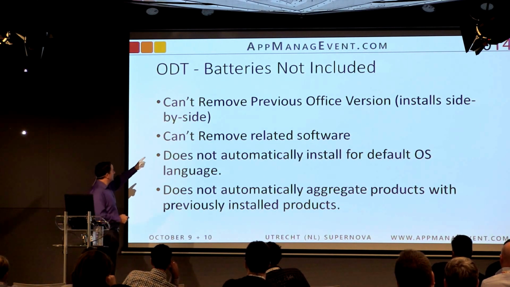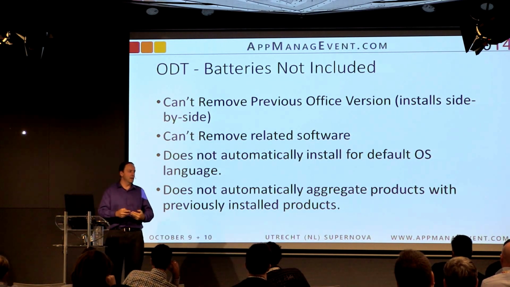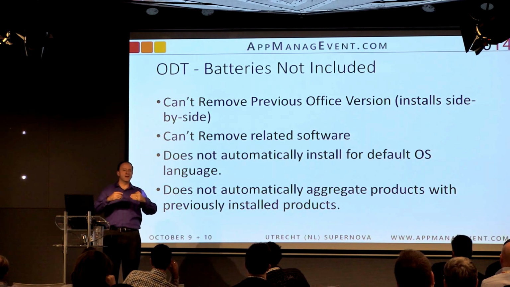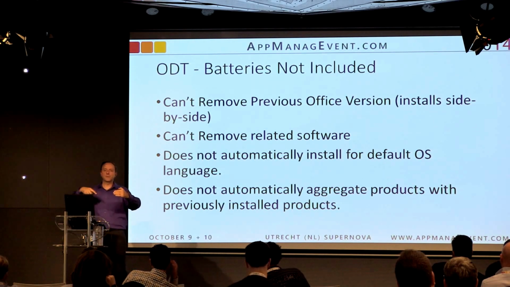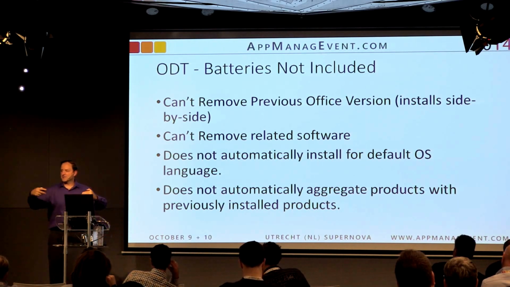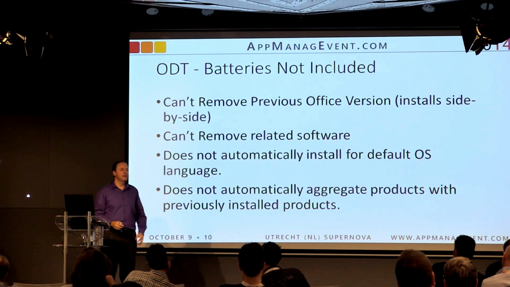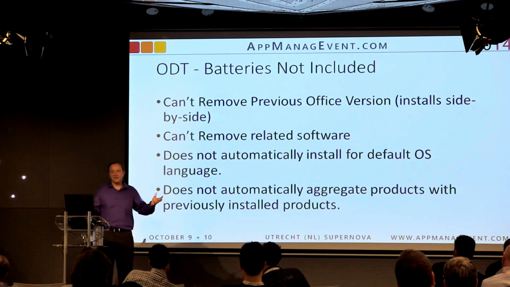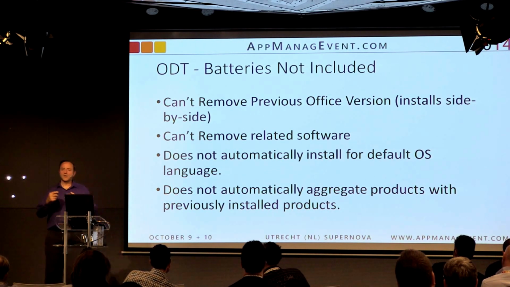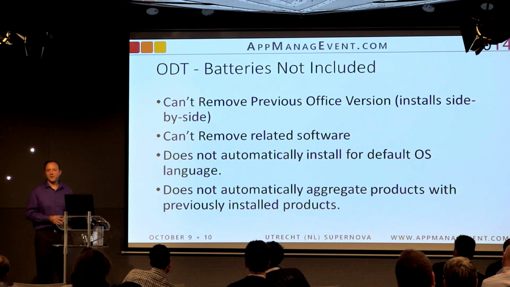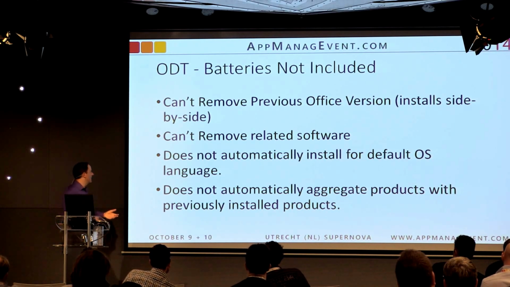Well, you can't remove previous Office versions with Click-to-Run. So it's going to natively go in default side-by-side mode. So if you've got 2010 on there, push Click-to-Run, whether you do it from the portal for sure, but if you push it with just setup.exe /configure config XML, you're going to have 2 versions of Office now. 2013 will be the default, but you have 2, and that's done for compatibility. That's one of Microsoft's recommended moving forward modes because all your old plugins won't stop working, because all the DLLs of the previous version of Office are still there, and they can interface and integrate and use them.